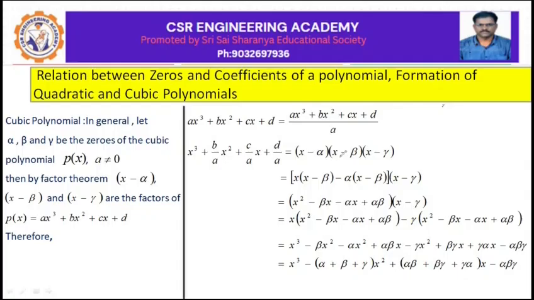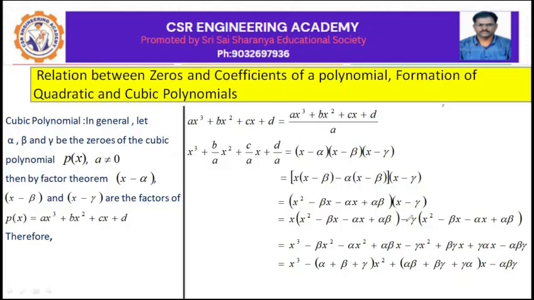x minus alpha into x minus beta into x minus gamma, is equal to bracket open x into x minus beta minus alpha into x minus beta bracket closed into x minus gamma, is equal to bracket open x square minus beta x minus alpha x plus alpha beta bracket closed into x minus gamma, is equal to x into bracket open x square minus beta x minus alpha x plus